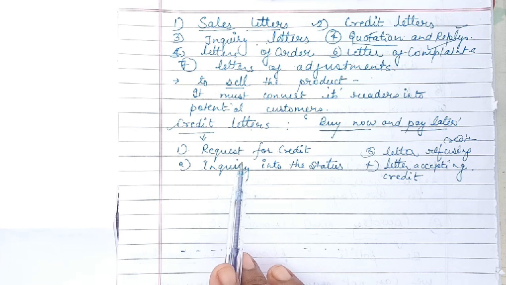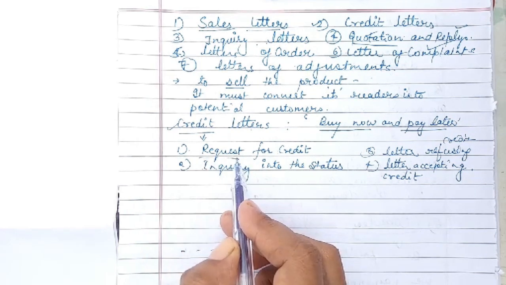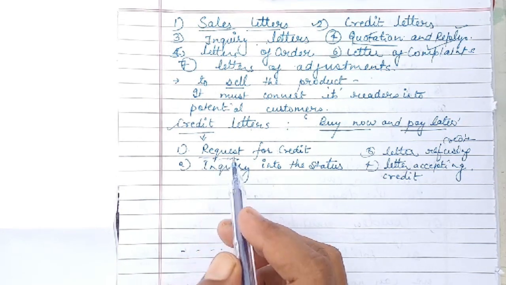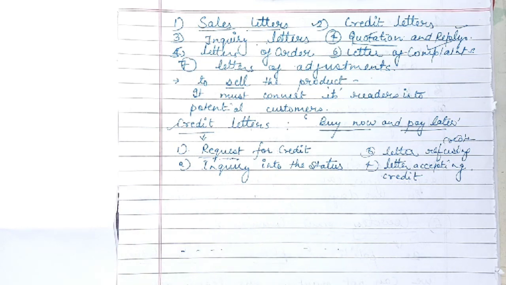The first letter is written in the form of a request to the second person, because you want some money to start your business or your work, but because you have no ready money, you are promising that you will pay in future. You are just borrowing some money, or taking a loan from the bank authority or some other person.